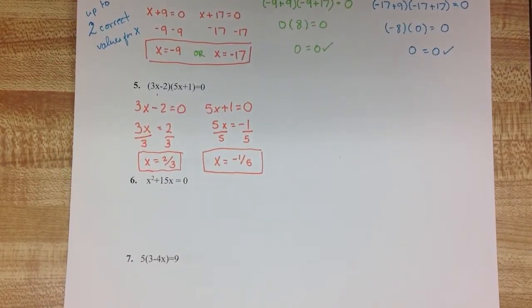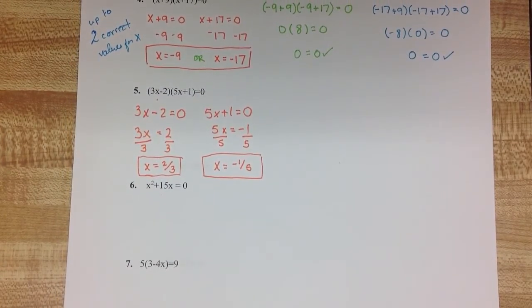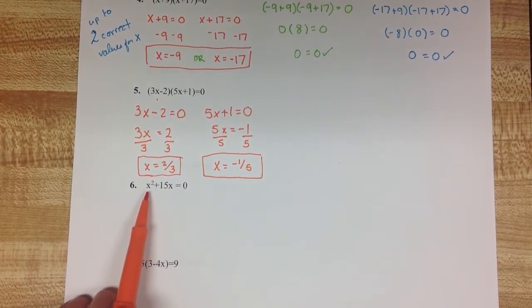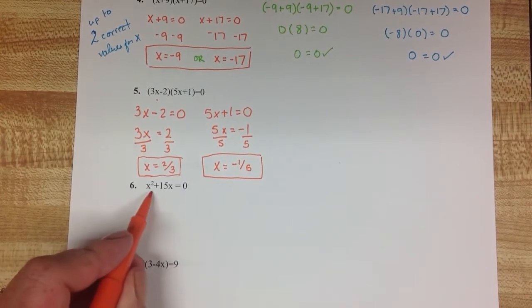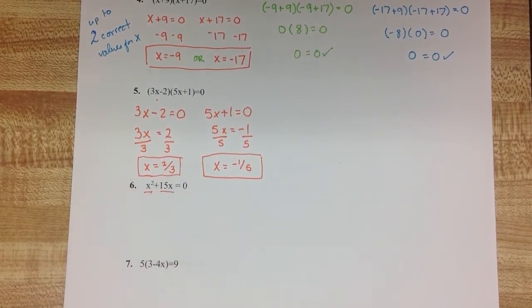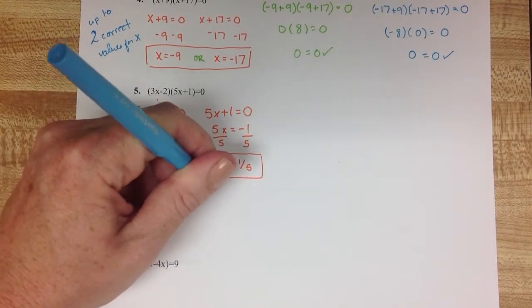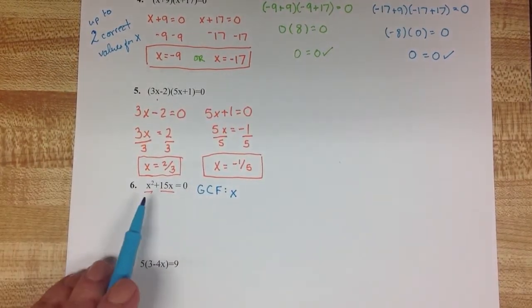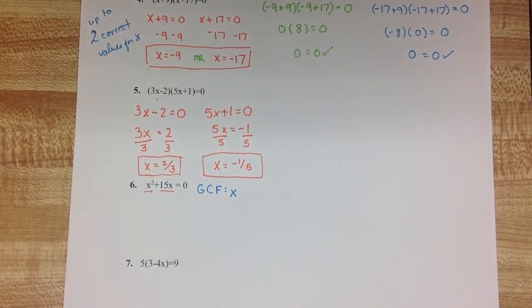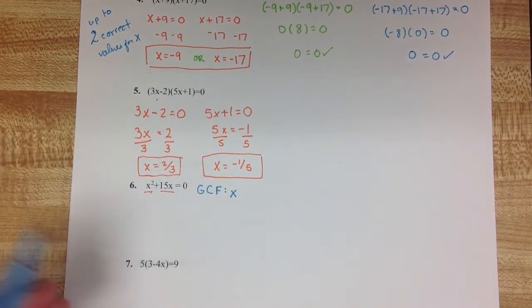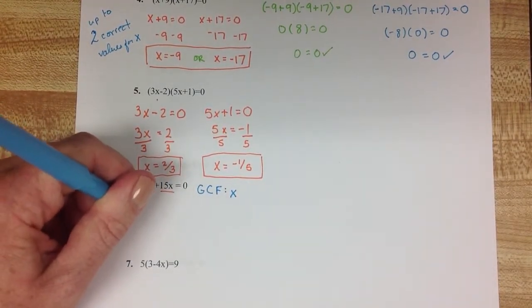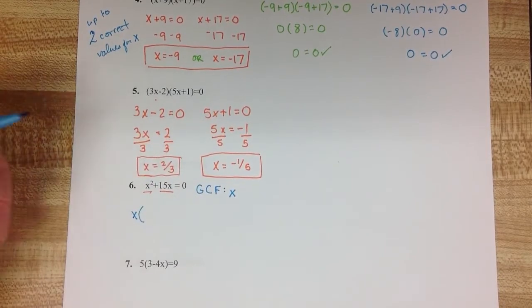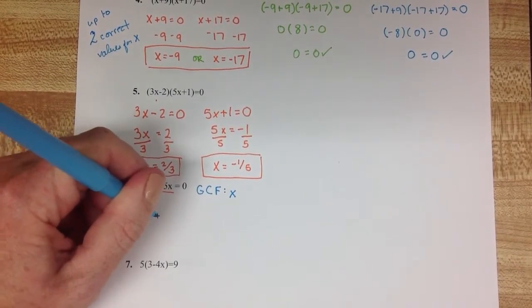In this next example, we need to use a little of the factoring that you learned in 6.1 before we can solve it. So looking at this equation, I have an x squared term and a 15x term. So there is a greatest common factor there of x. Both of the terms contain at least one x. So I'm going to go ahead and factor that x out and rewrite this equation as x times the quantity x plus 15